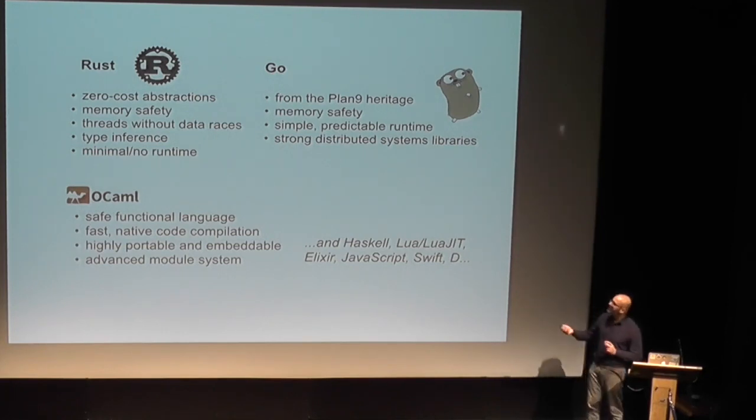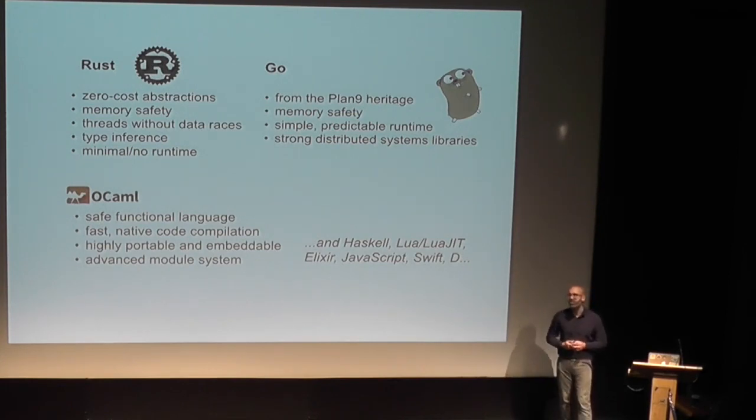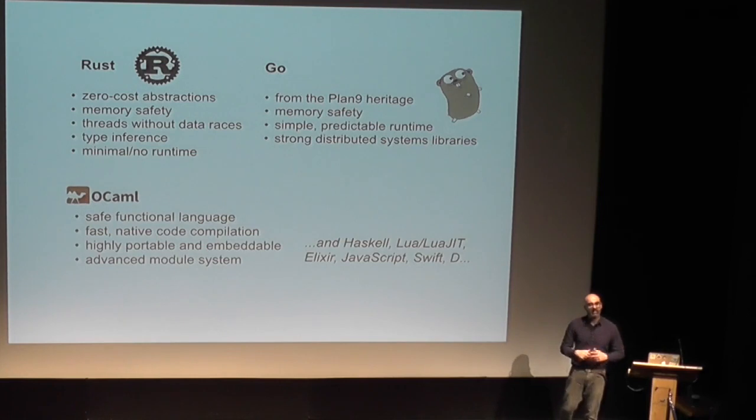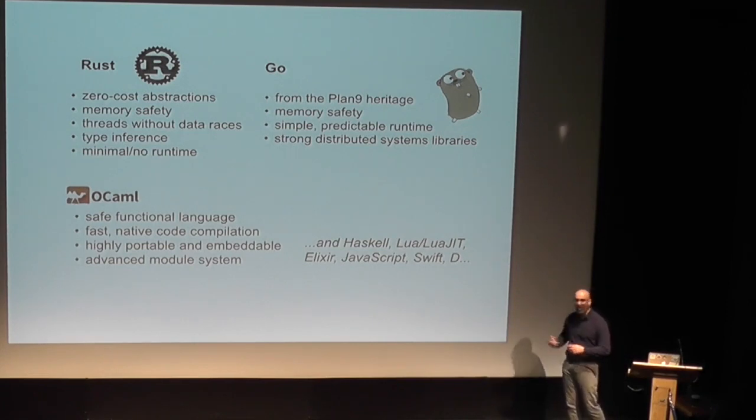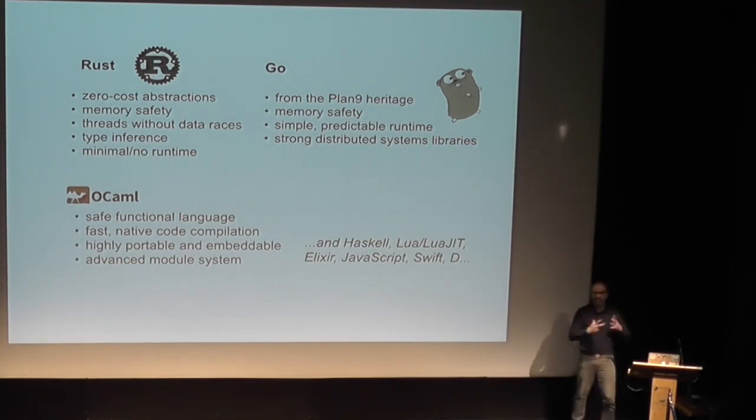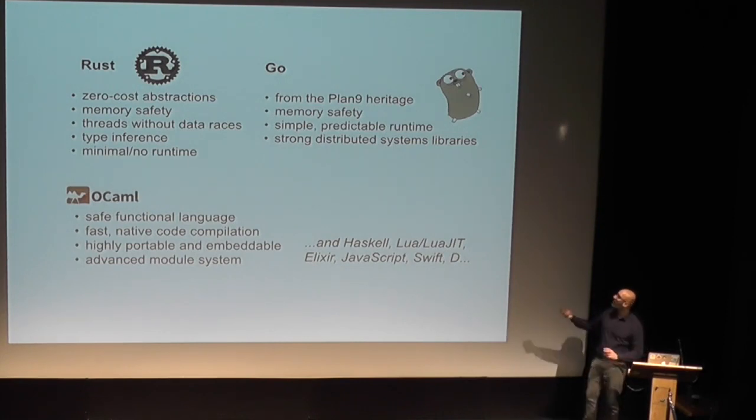Each of these languages is almost a domain-specific language. They solve a particular niche that they're trying to address. So Rust, for example, is great. It started as rewrite a browser in a safe language that isn't C, and try to have no runtime whatsoever. Go is trying to build lightweight concurrent distributed systems from an old OS heritage, a very rich one known as Plan 9. OCaml is trying to be a functional but pragmatic language. And Haskell is trying to be the essence of functional programming with no mutability except under control. And things like Lua are highly embeddable. And so each of these has spawned its own ecosystem and its own wonderful new world.